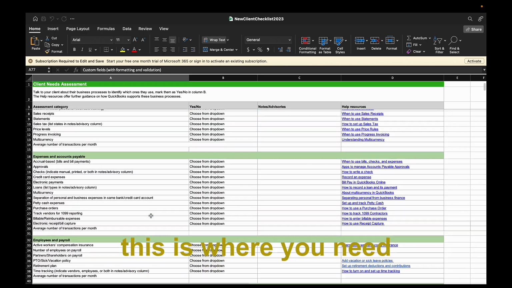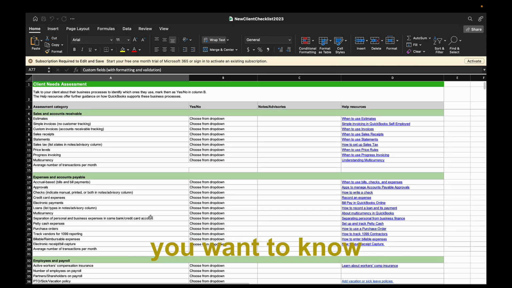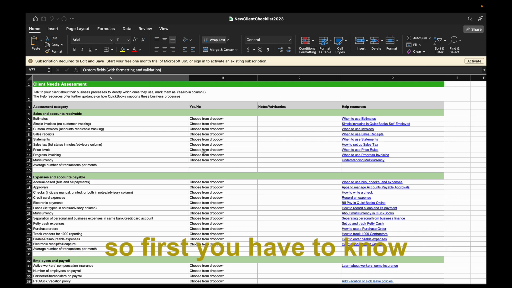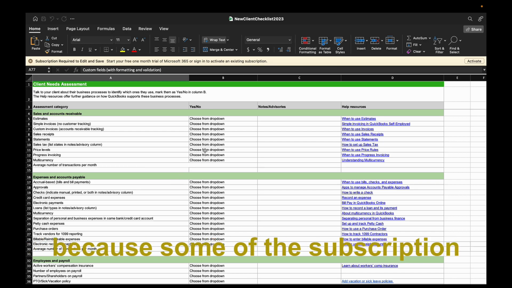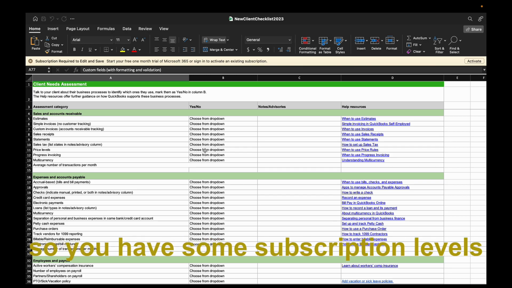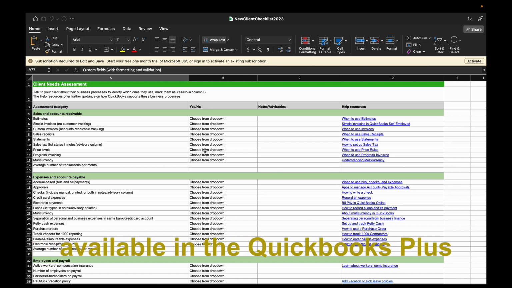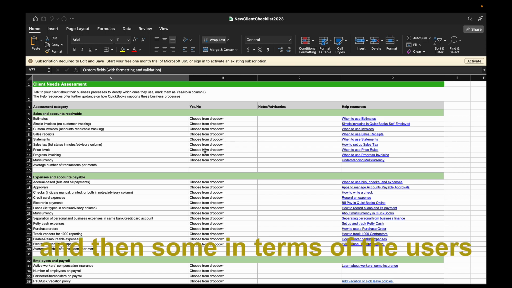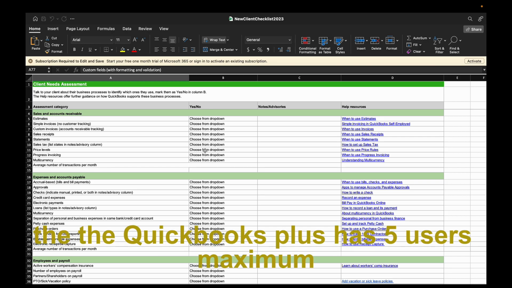This is where you assess the client's needs. You want to know which subscription is best for the client. First you have to know, because not all features are available in all the subscriptions. Some are available in QuickBooks Plus, and then some in the Advanced, and then in terms of the users, for example, QuickBooks Plus has 5 users maximum,